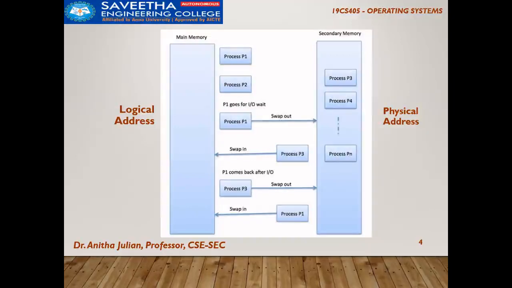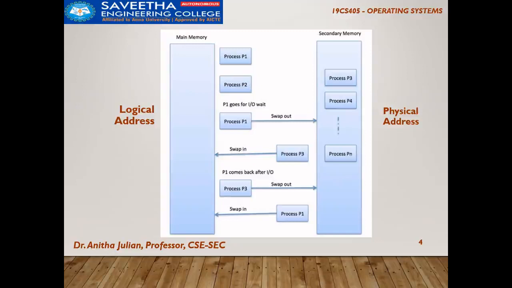That you are aware of. In the first unit, we went through how the operating system memory is organized. So we know that there is something called a physical address, and this main memory is a very small space, so it has a logical address. For example, process 1 was executing and process 2 has come, and process 1 had to do some printing operation, so it is going for an IO, input output operation. So we are swapping out process 1 and process 3 is brought in. Already process 1 and 2 are in the main memory.